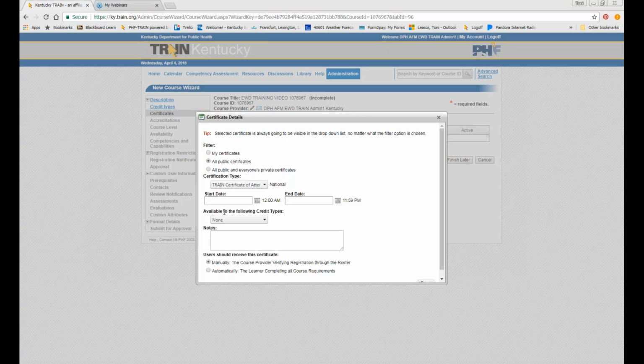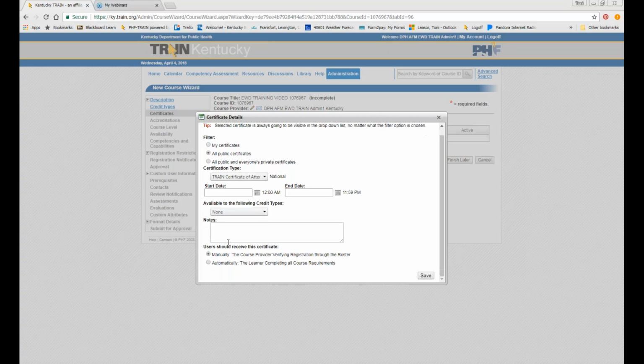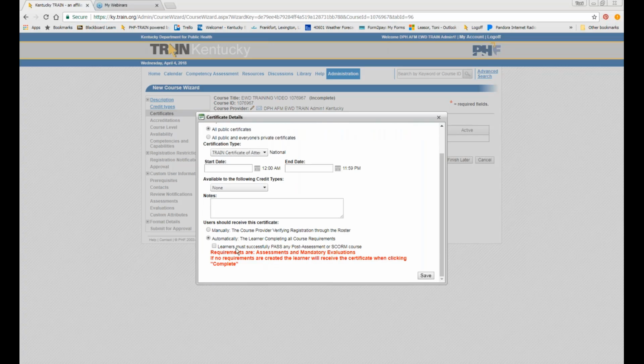Leave that blank. Available of following credit types. That's correct. Make sure none is there. Notes, you do not have to worry about putting anything in that notes box. It already selects manually for how the user should receive the certificate. We ask that you select automatically, and then select the button for learner must successfully pass any post-assessment or SCORM course. And what this is stating is once the learner has completed your course, they will actually go back in